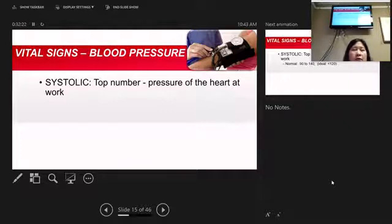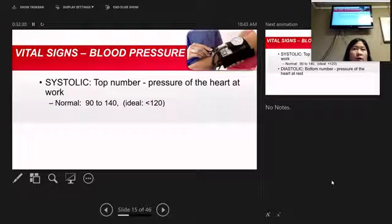Your blood pressure for your vital signs, blood pressure. So your systolic number is the top number. It's the pressure of the heart at work. It's when your heart is pumping. This is going to be the higher number. Ideally, they keep changing all the guidelines on blood pressure. They just updated it again for 2017, but you're going to go with these guidelines that we know for the